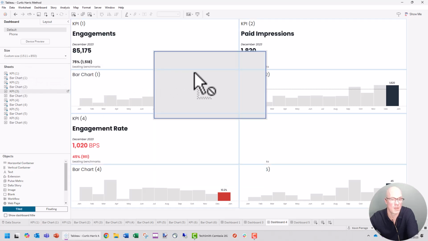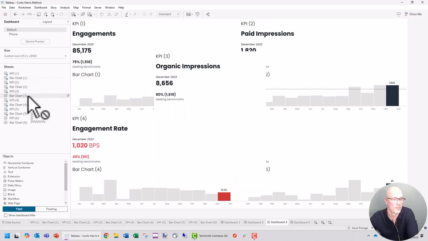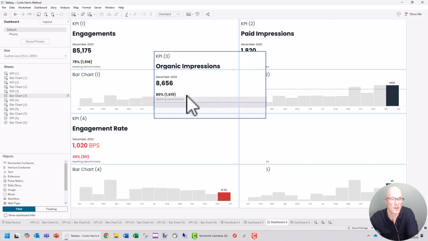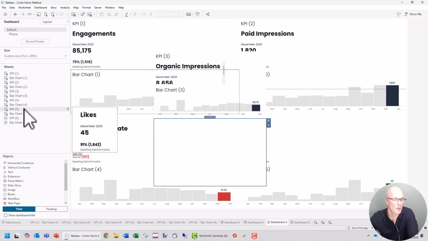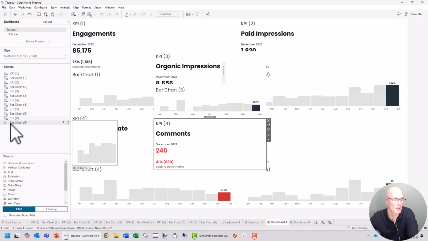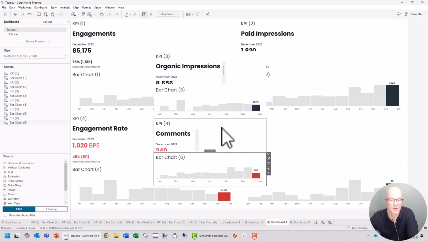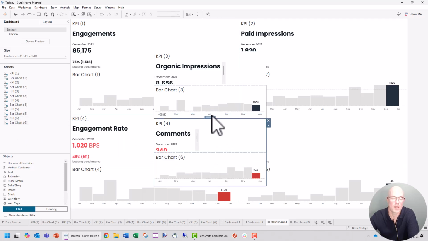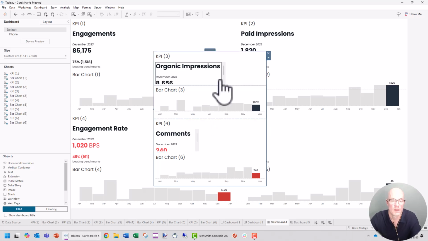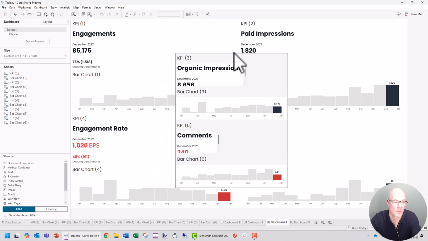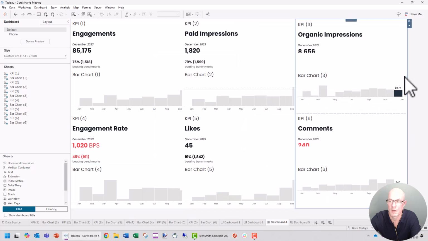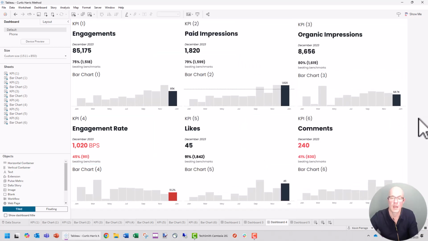Which ones are missing? KPI 3 and bar chart 3, and then KPI 6 and bar chart 6. Right? All right. Now we've built this, we can take this whole thing, hold the shift key, and drag it out here to the right, and this will slot in. Now, you may be able to easily build this by putting the vertical container down first,